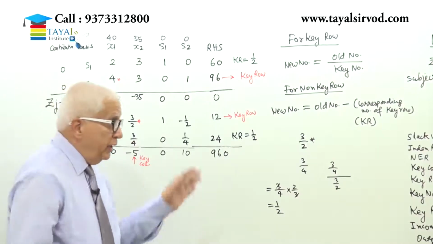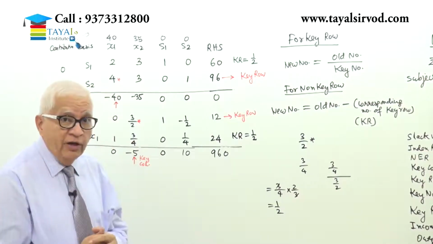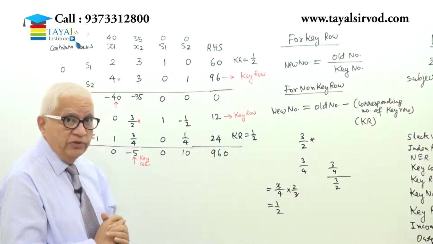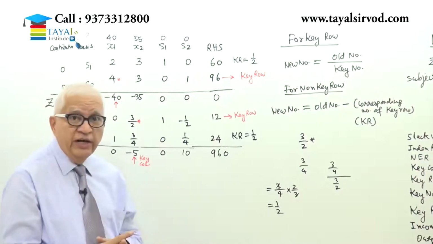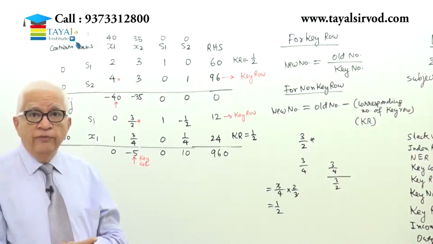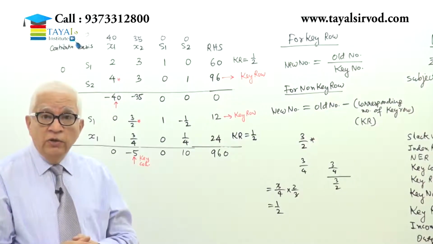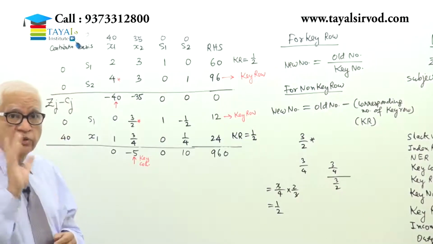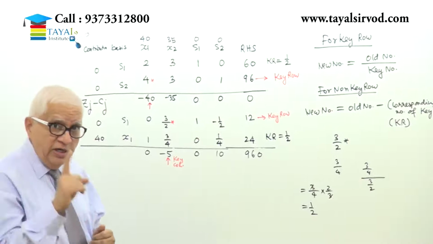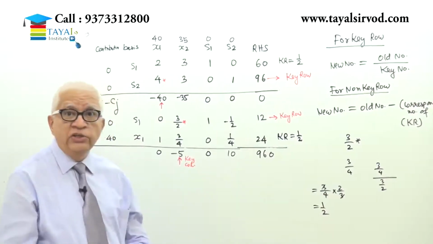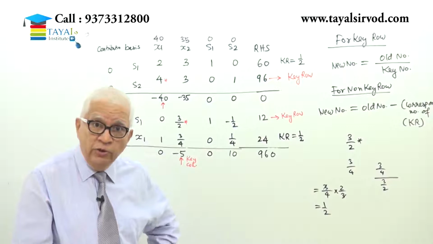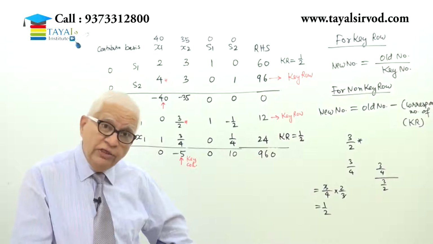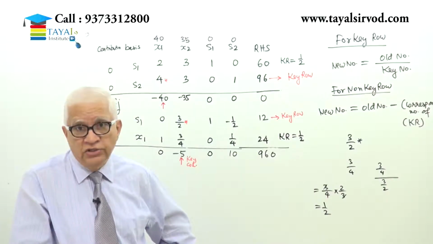Now, did we make an improvement in the value of zeta? We started in the first table with a zeta value of 0. Remember, the last number in the table is always the zeta value. We came to 960. That means a good improvement we made from 0 to 960. Now, the indication that I get because of this negative number is that this solution is also not optimal. That means there must exist a better value than 960. For the objective function, therefore, the value that I am going to get is definitely going to be more than 960. Even 961 will do, but it will be better than 960.